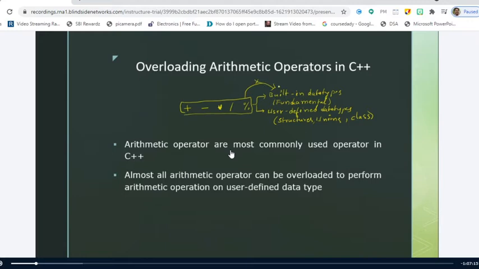That is not operator overloading. Operator overloading means how these operators can be defined to operate on user-defined data types like structures, unions, and classes. Since we are not bothered about structures and unions in C++, let us define how these operators are redefined so that they can work with class objects.